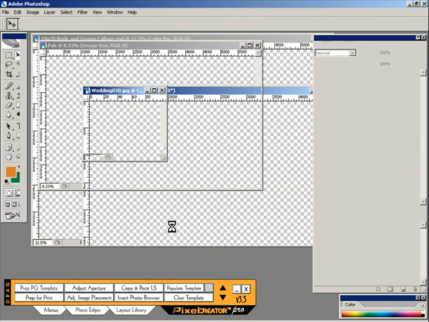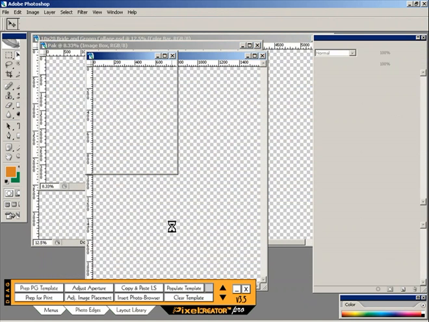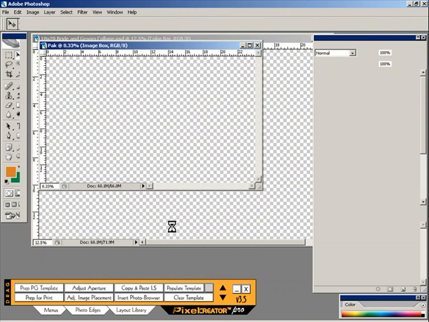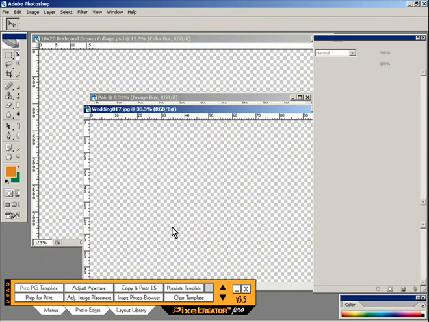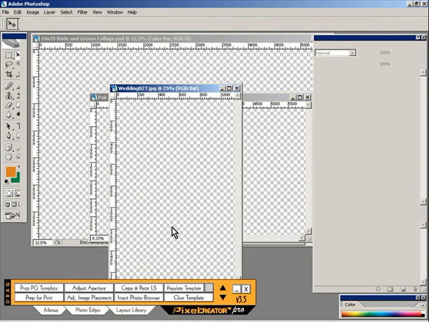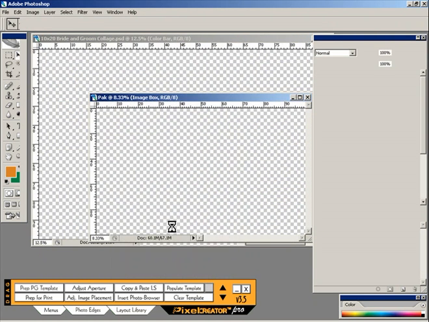But this enables us, in this particular template we only have 8 image openings, but if we had 15 or 20 image openings, it would be able to populate those very quickly. It would take a good deal of time if we were going to do that all manually ourselves. So here, instead of having to manually place each one of those images, it's going to do it for us